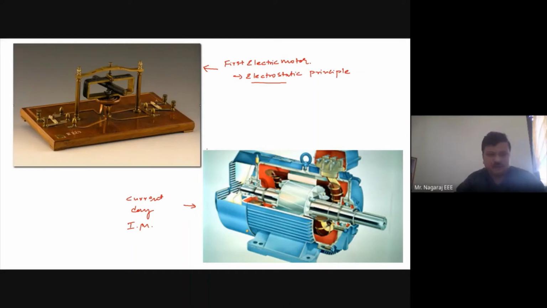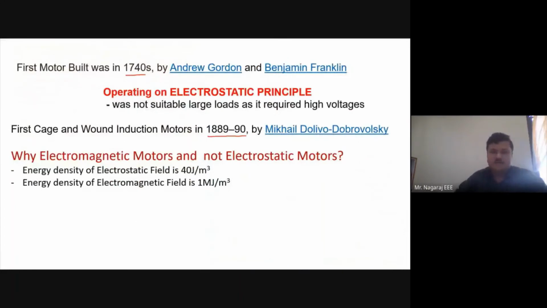A trolley, an electrical trolley, they wanted to build for some processing industry. Okay. So the Benjamin Franklin model of motor was operating on electrostatic principle. Okay. But this motor was not suitable for large loads, because for large loads it required high voltages. And generating high voltages electrostatically was not feasible in those days. It may be feasible today, but in those days, in the 1700s, generating high voltages with electrostatic principle was not that